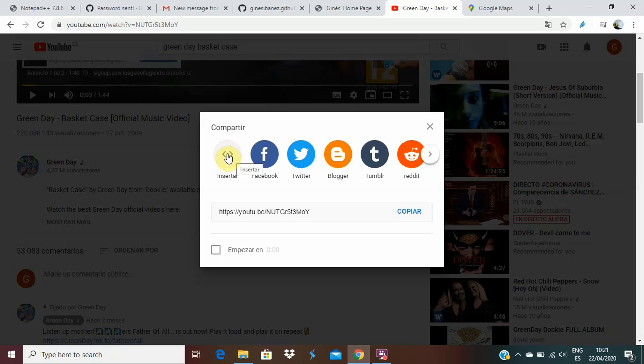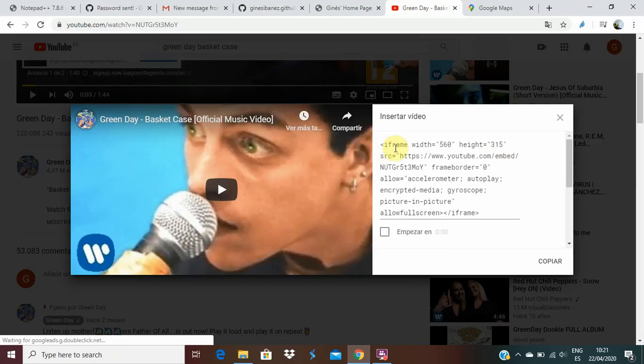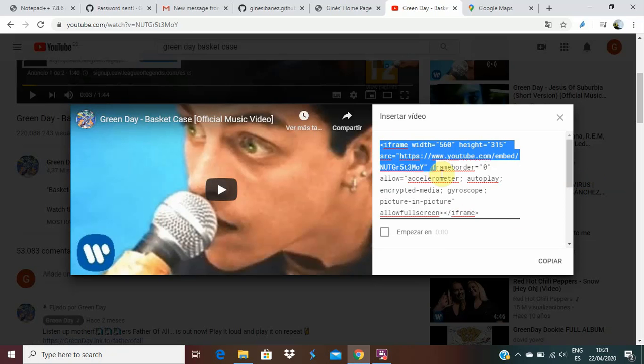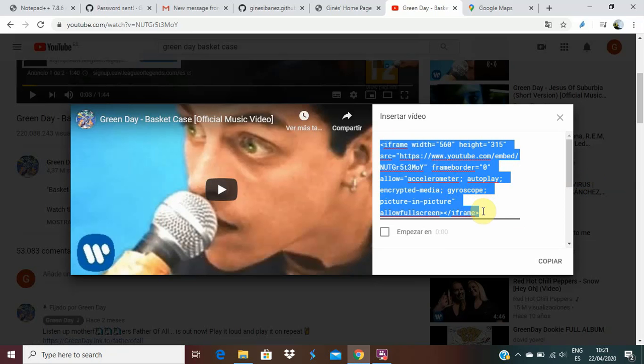Oh, here, yes, it was share. Okay. Insert, and here you have a code including the iframe tag. So the only thing you have to do is click here. Control C on your keyboard, or click here, copy,